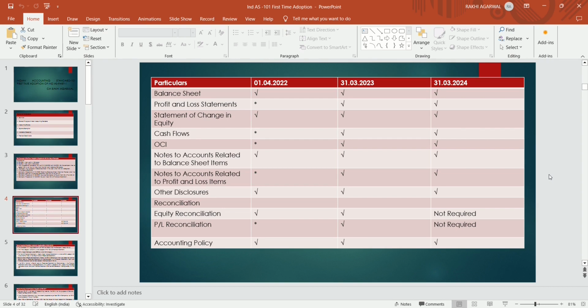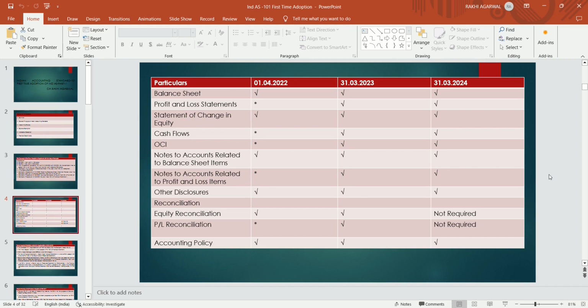Now, balance sheet items notes are required to be prepared for the 3 years, but PL notes are required to be prepared only for the 2 years, that is the final year and the comparative figures. Other disclosures are required to be disclosed for the 3 years, and reconciliation is required to be prepared for equity reconciliation,